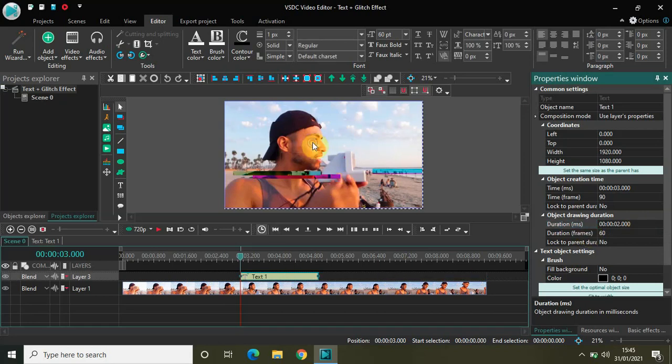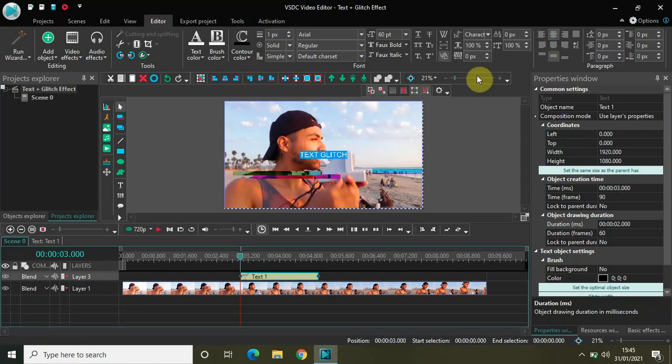So let me write some text. Let's say text glitch, and let me center align my text.